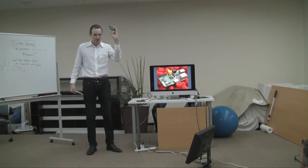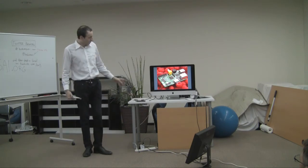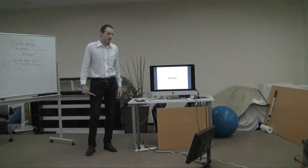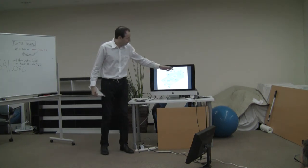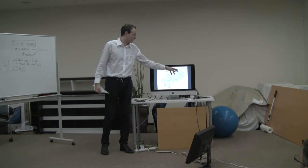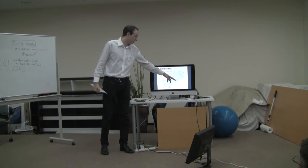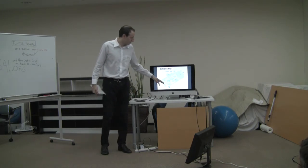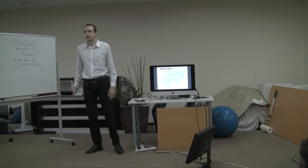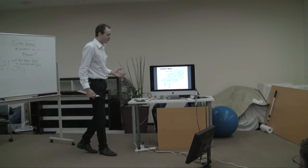You can see here one sample. You can have a look later if you want to see it in more detail. It's a very small card, and in terms of design, it's very simple. You have all the equipment you expect on computers, like LAN and USB. You also have, of course, video and audio outs, and HDMI if you want digital output. And storage is through an SD card, and the power is through a micro USB cable. So it's actually a very simple design,